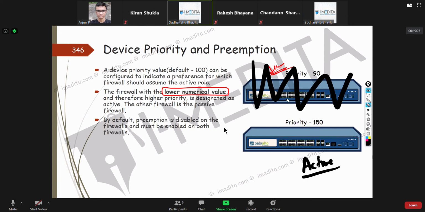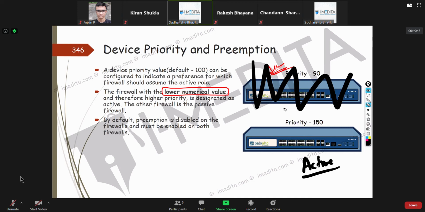Let's first complete this and we'll come to that. Like I was telling you for preemption, if this goes down, obviously the priority 150 firewall is going to become active, because the other firewall is down.